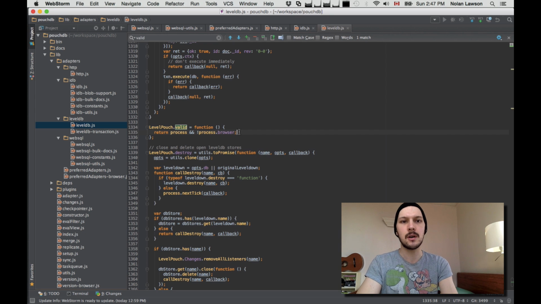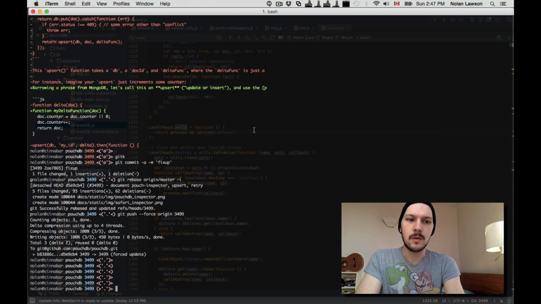So if you look at LevelDB, it too has a valid function, but I believe it just returns true. Okay, actually, it just says, are we not in a browser, right? Which actually, this isn't even necessary, because we don't even export the LevelDB code in the browserified version of PouchDB. So I should step back a little bit. PouchDB is built using Browserify. So if you check out the code,